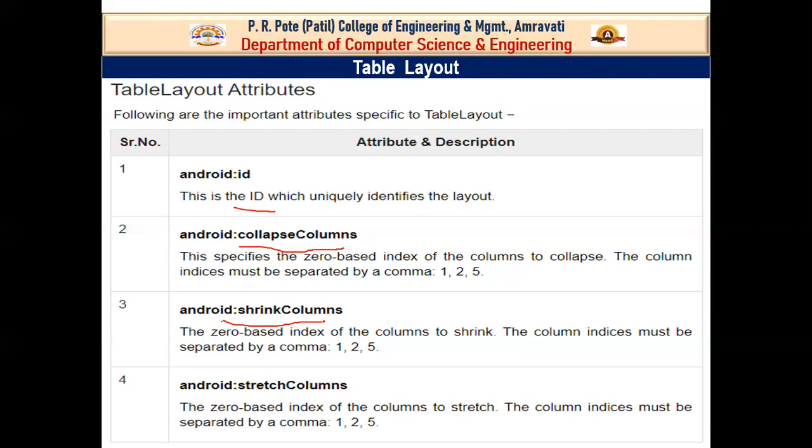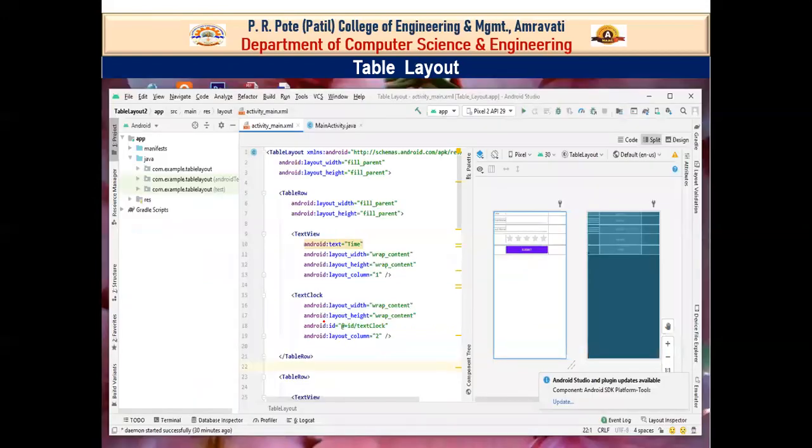Now let's discuss how to design a table layout, how to insert columns, how to insert rows, and how to use the stretch column, shrink column, and collapse columns properties. So let's start with designing the table layout.